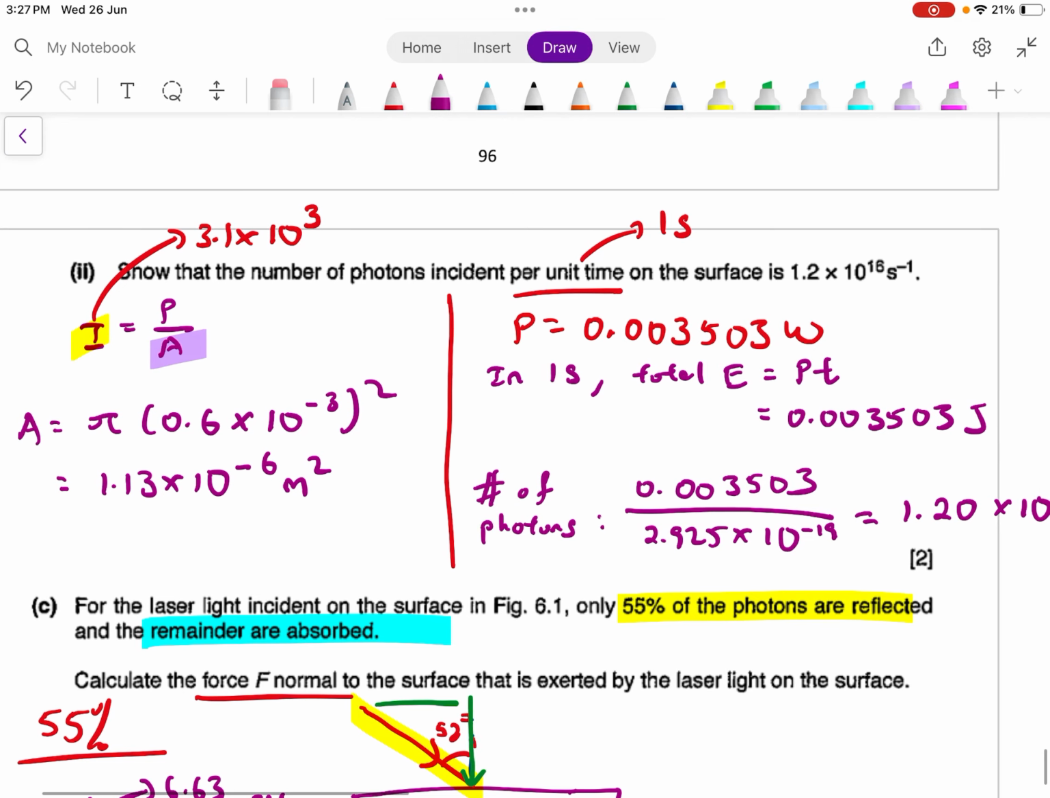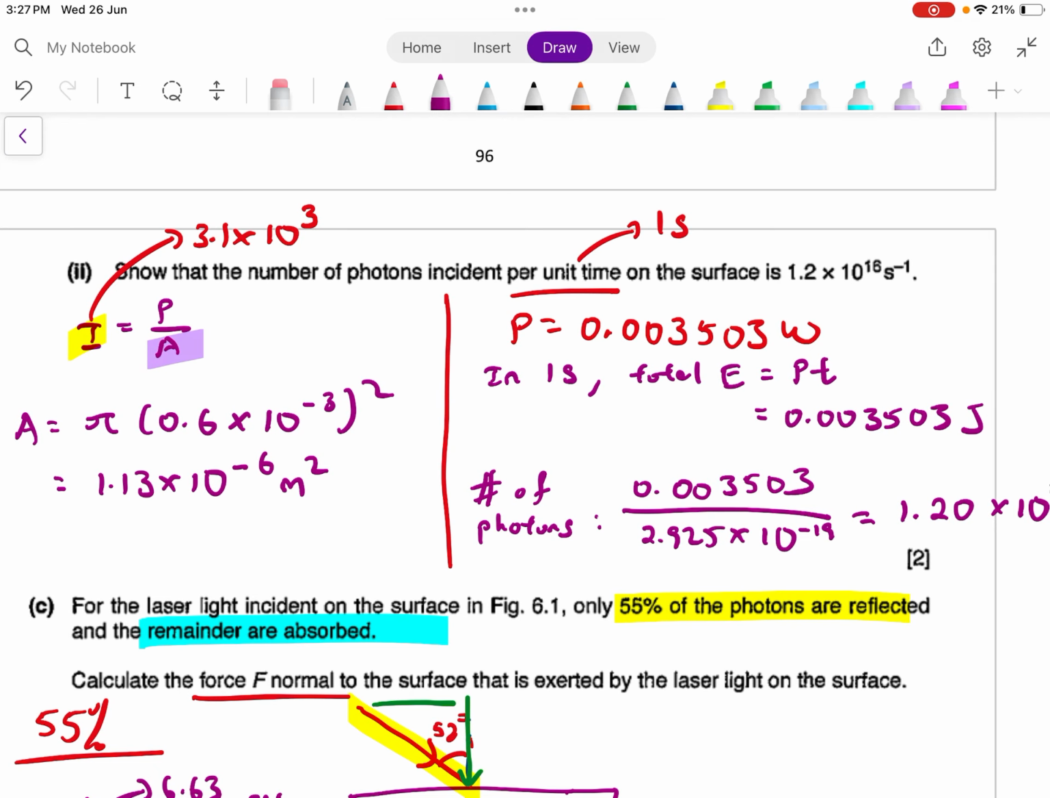First, we are given intensity to be 3.1 times 10 to the power 3. So you just relate the intensity, the power and the area. Remember, intensity is equal to power divided by area. Area is pi r squared, so the area is 1.13 times 10 to the power negative 6. Now you can determine the power in 1 second: simply use intensity multiplied by the area. So the power is given as